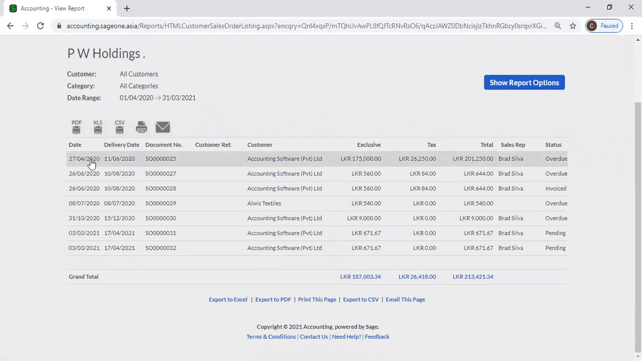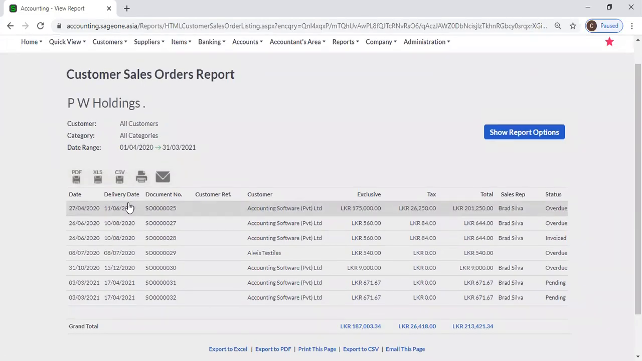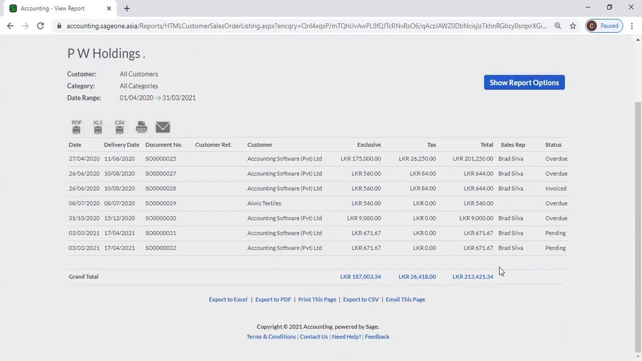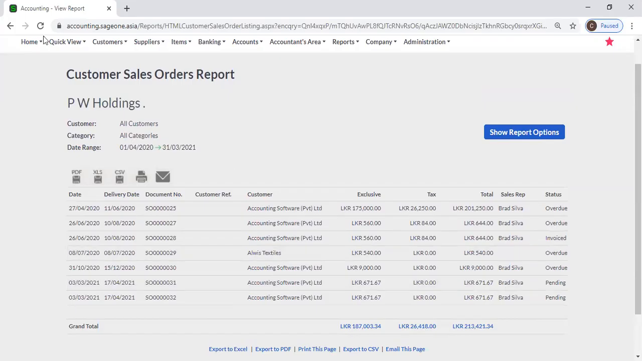From this report, you can view the sales order date, delivery date, sales order number, customer reference, customer, exclusive amount, tax amount, total amount, sales rep, and status. You can view the grand total. Then next report,